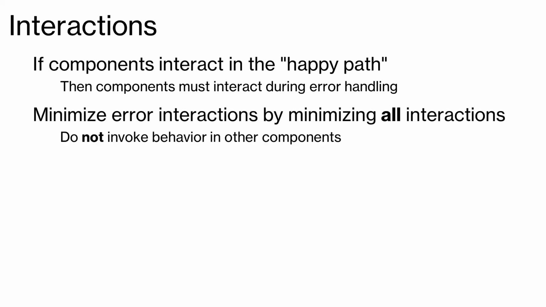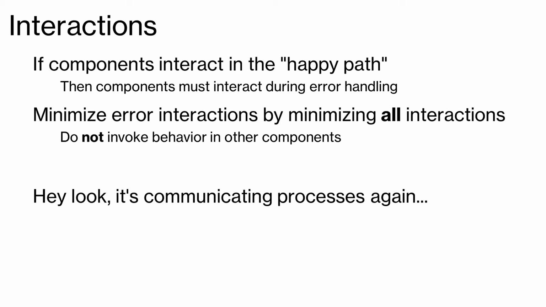So again, it's the don't invoke behavior in other components, because you're tightly coupling yourself to all of these other components. You're creating this object-oriented hierarchy, which is a pain to test and a pain to deal with errors in. So what do we end up with as a result? Well, look,